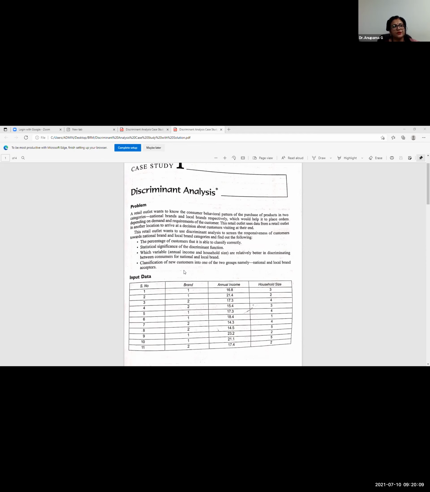All right. So in order to understand that, case studies are the best. And the case studies that I'm using here are such that you don't have to again find different solutions in groups. The solution itself is also given in the case study. And this is a published case study from a reputed author, Dr. Rajendra Nargunkar. He is an alumnus of the IIM, and he has also taught in IIMs and of course many business schools. So these are very standard case studies which most business research students are able to understand.